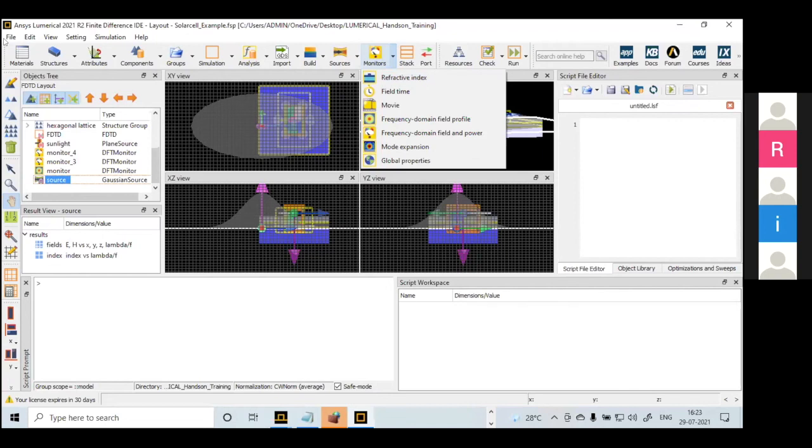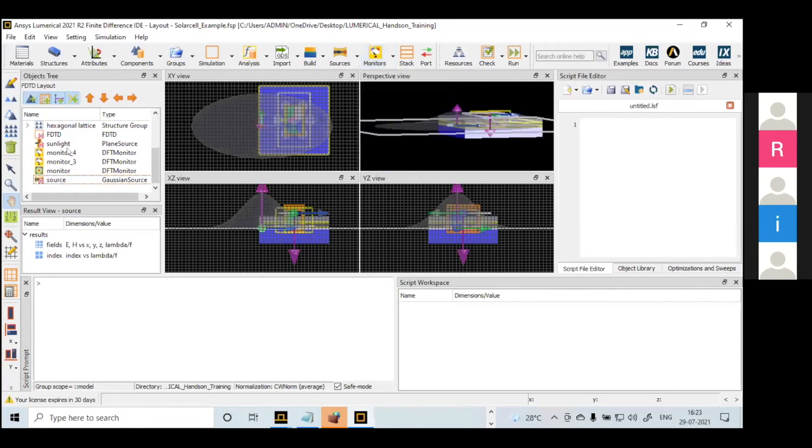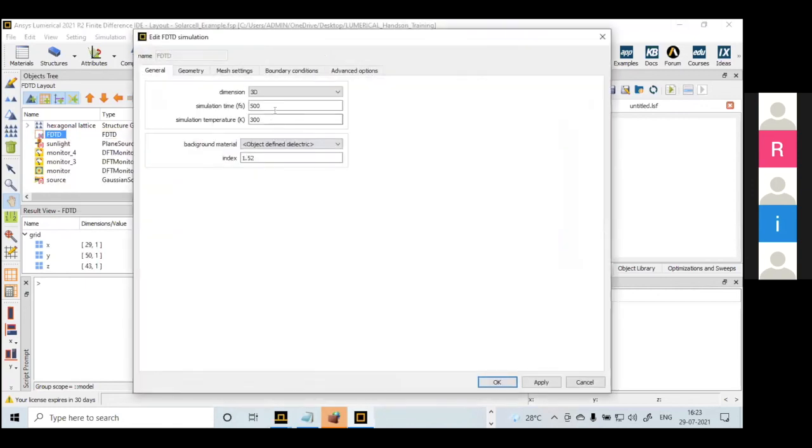But as I told, whenever we are defining any solver, in the beginning itself we can give the temperature, but with respect to temperature variation, we cannot find it. But the initial temperature we can always define for any solver. Here there is an option called simulation temperature. We can give only a single temperature here, but I cannot give more than one temperature. We don't have that option in these particular solvers. But in the heat module, we can always go for the thermal analysis. That is a separate solver.